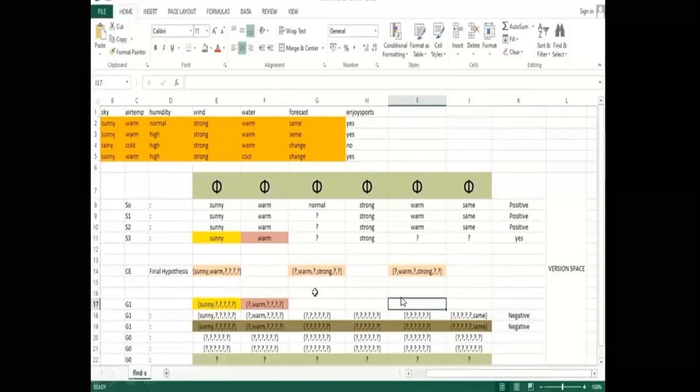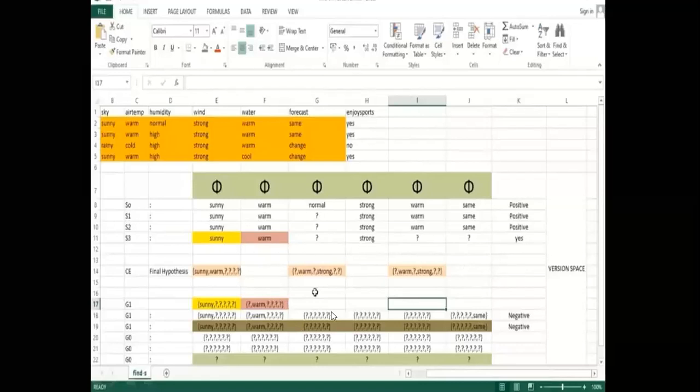because the negative value was provided to the general hypothesis. So now you can replace the change value with the question mark, because it is nothing but the positive record. So now this is the version space, I mean the distance between the general hypothesis and the specific hypothesis is called the version space. So actually the tracing part of the algorithm has been covered. We have defined the general hypothesis, we got the final data, and now we got the specific hypothesis, that is this data.